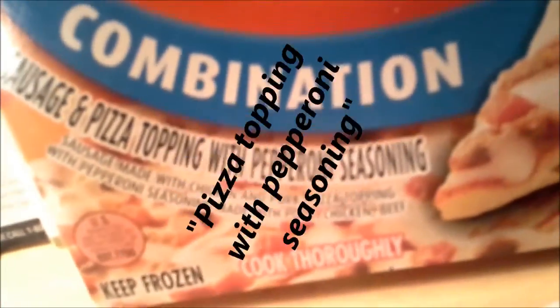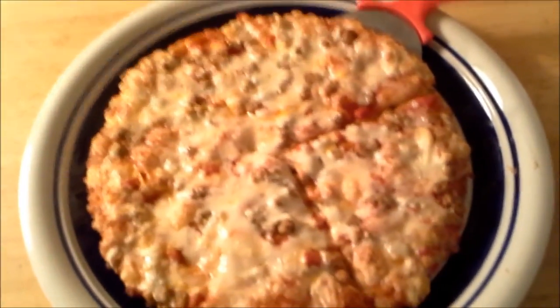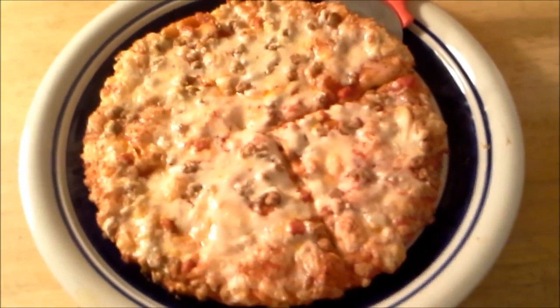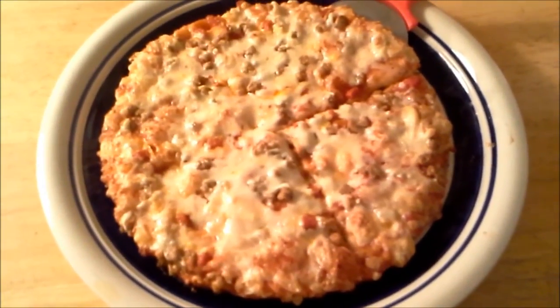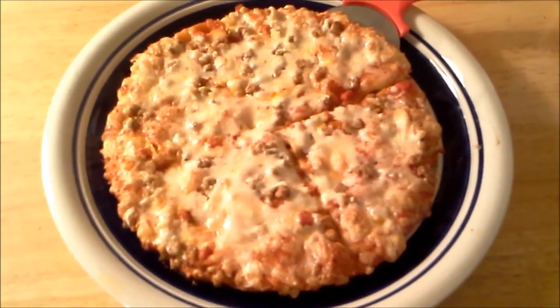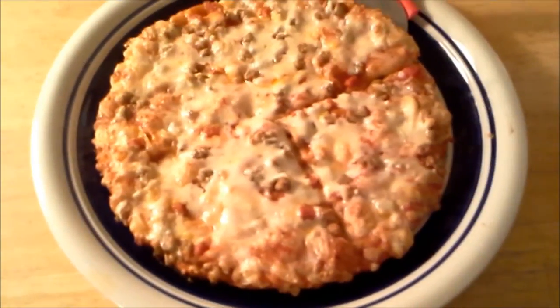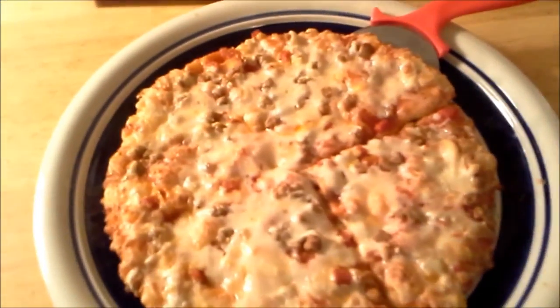Holy crap, I'm scared. That's kind of like sacrilege. As you know, I believe that pepperoni should go on every pizza, and if it's imitation pepperoni, that's kind of scary. It's kind of like Bac-Os, those bacon bits that are kind of like bacon, but not. Well, I don't know. I'm not going to judge it before I eat it, and I've eaten Totino's many times in the past. It probably has been more than 10 or 15 years since I've had a Totino's, but maybe they used pepperoni back then. I don't know. One thing that's also always bothered me about Totino's is that their pepperonis aren't round circle slices of pepperoni. They're these little square smidgens or diced up pieces of pepperoni,